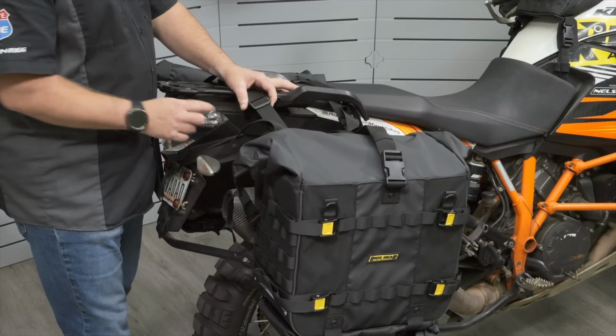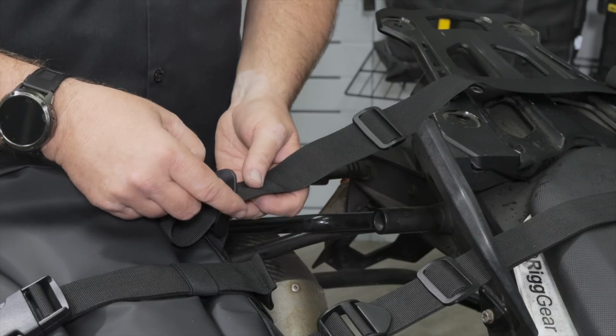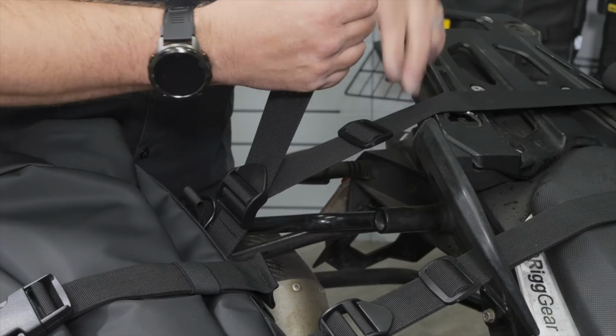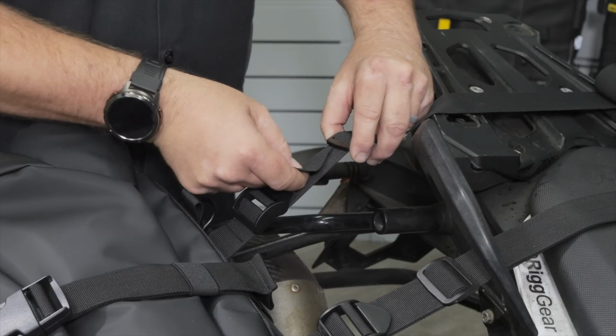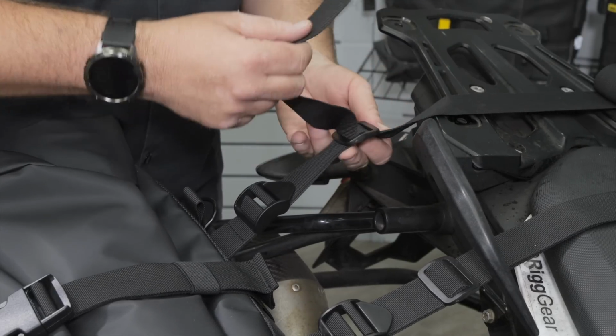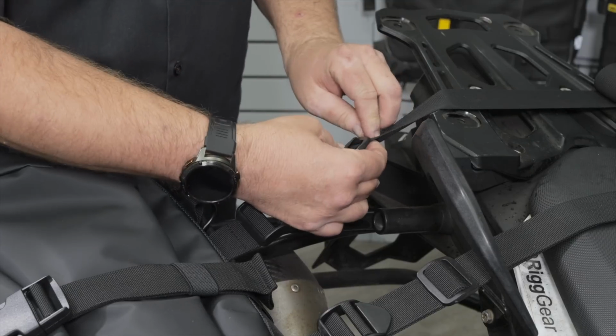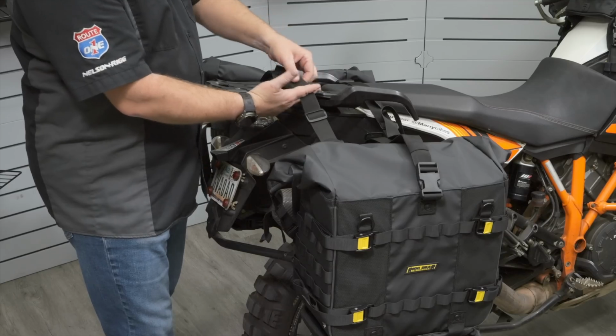These figure 8 buckles are what you would run your excess webbing through, up one side and down the other. Now these figure 8 straps run like this are a perfect way to make sure that your bags never change position when you're out there on the trail bouncing around. Now once you get this setup dialed in, again, you can trim this with scissors, burn the ends, and that's